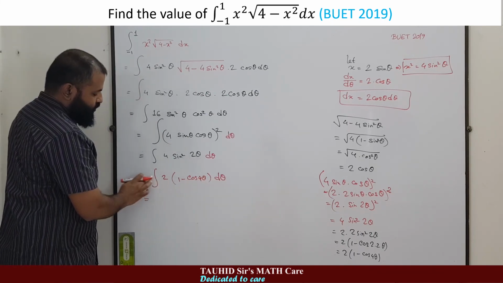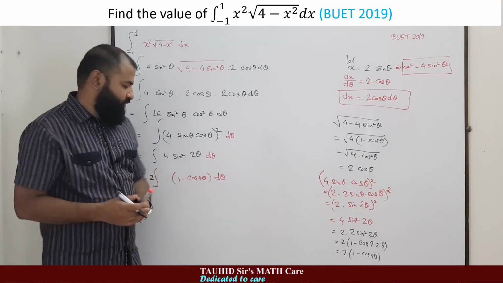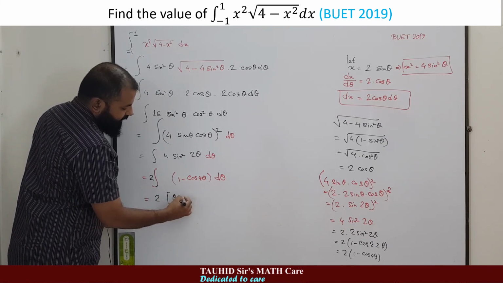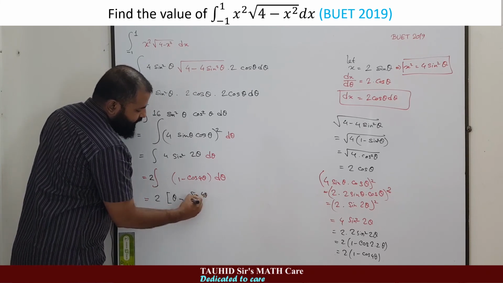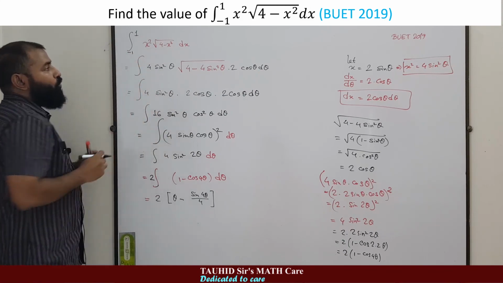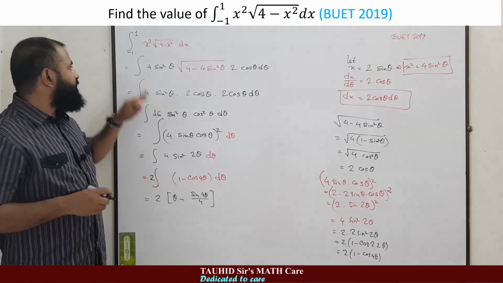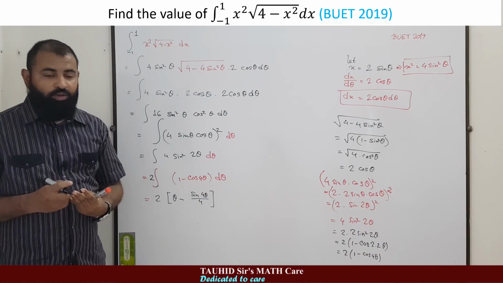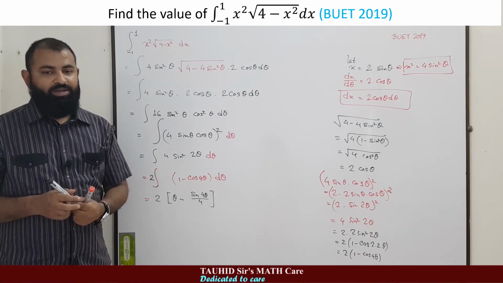We can place these two outside the integration sign. You know that these two have nothing to do with the integration. So if we integrate 1, we get theta, and if we integrate cos 4 theta, we get sine 4 theta divided by 4. Now what about the limits here? While we were using x, we used the limits of x to be -1 to 1. Now we changed the variable. We are now using the variable theta here. So what will be the value of the limits for theta?